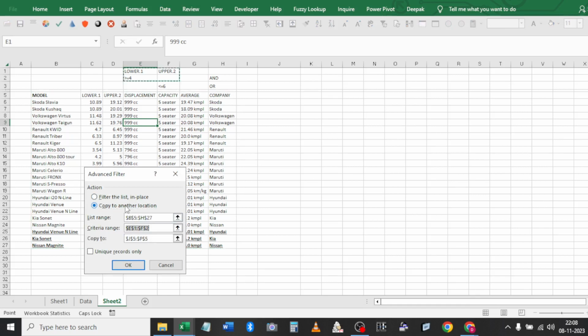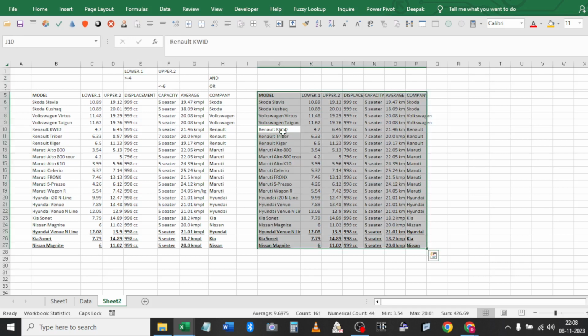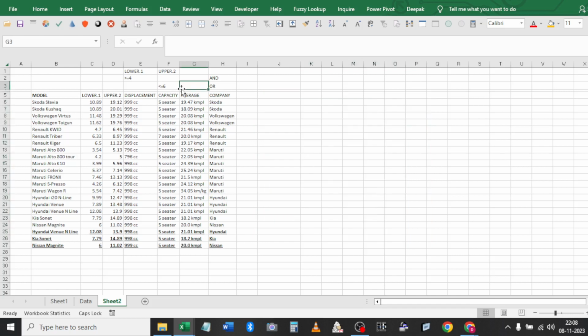Select the data table, criteria this time this one, and data is here. So it gives me an OR condition, greater than 4. Yes, greater than 4 is available and less than 6. Less than 6 is also available, and it gives me the entire data also. So OR condition and AND condition. You can select like this, one AND condition